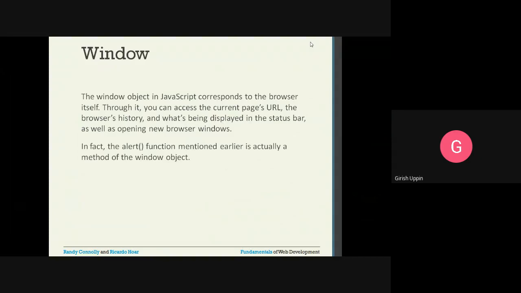Through it, you can access the current page's URL, the browser history, and what is being displayed in the status bar, as well as opening a new browser window. All those things can be done. In fact, the alert function we were using earlier is actually a method of the window object. So whatever alert we have used so far is nothing but a method inside the window object.